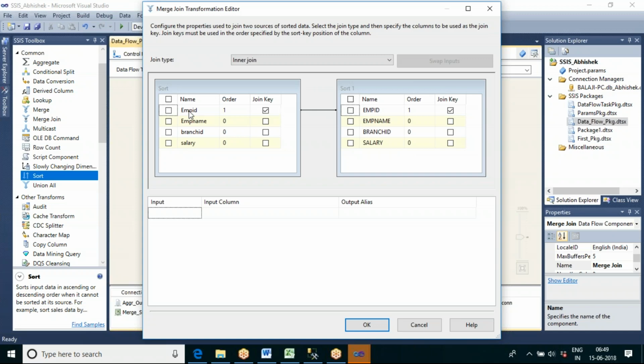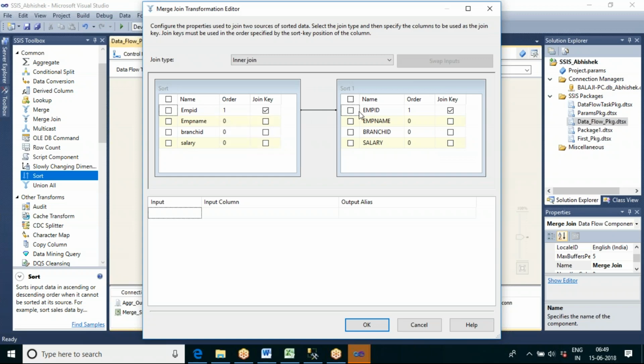Here employee ID is R8, and here it is also R8. Since both data types are matching, we are able to apply a join here. But if the data types are different, at least the mapping column data type should match, not all the columns.